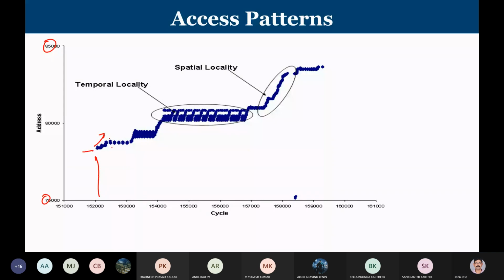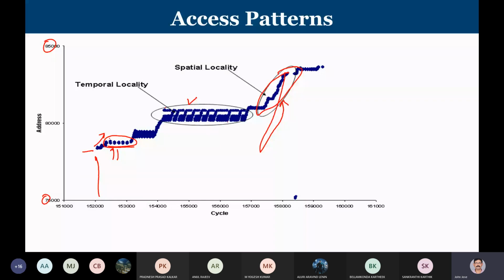Here what happens? I am referring to the same address or the very adjacent address for some time. And this exhibits clearly temporal locality. I am revisiting that. Whereas this exhibits spatial locality. I'm moving into the adjacent addresses. So this is the pattern that has been plotted. Similarly, you can plot the same pattern for any program in order to see the temporal and spatial locality behavior of applications, the amount of temporal locality and the amount of spatial locality. So this is the way in which your access is happening.